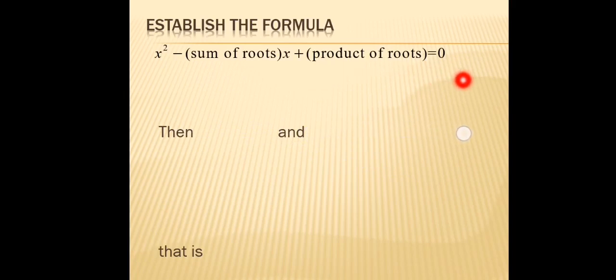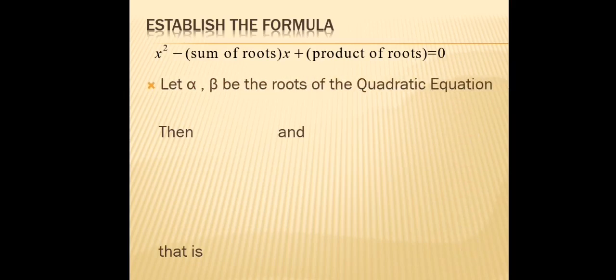For this we will be having the second condition, that is, at first we just discussed that if roots are given to us, we can find out the quadratic equation to which the roots belong to. Now we have been given the equation. With the help of this we will find out the required quadratic equation. One equation will be given to us, and by using the coefficient of this particular equation we will find out the required equation. Now let alpha beta be the roots of the quadratic equation.